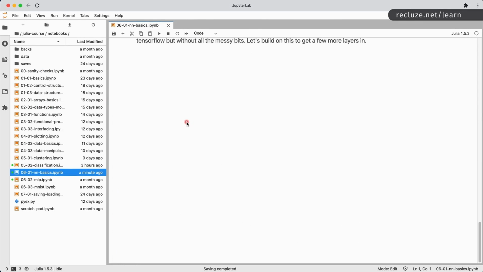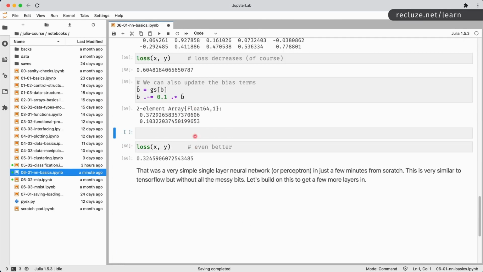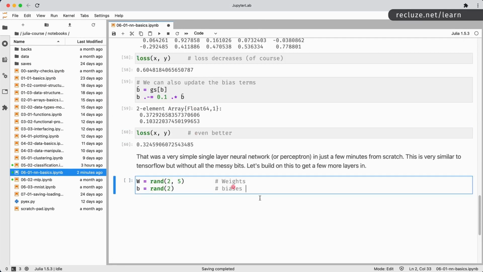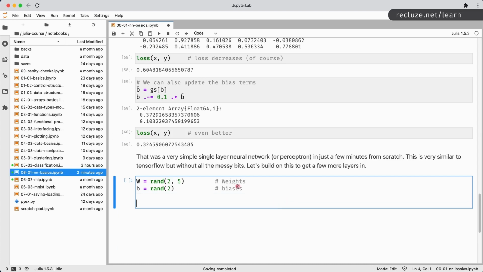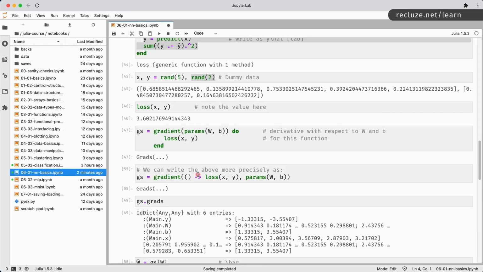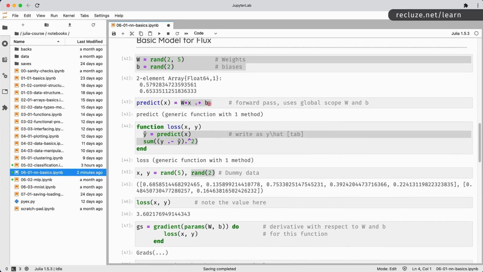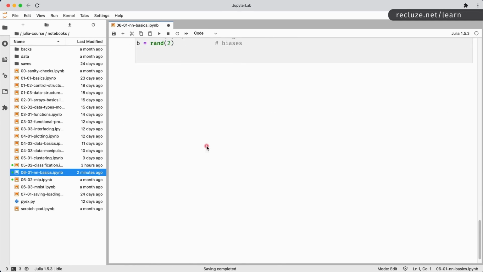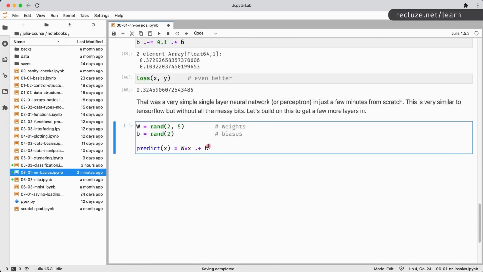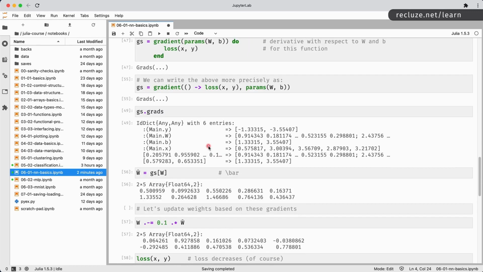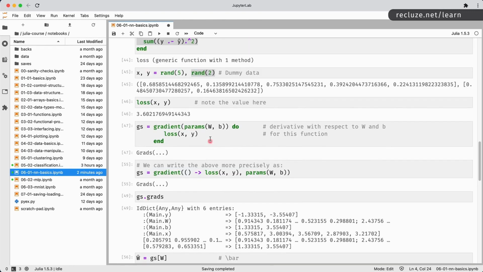So there you go. I'm going to do this in real time so that you can see. So these are our weights and biases. Our predict function is this. Then we have our loss function.